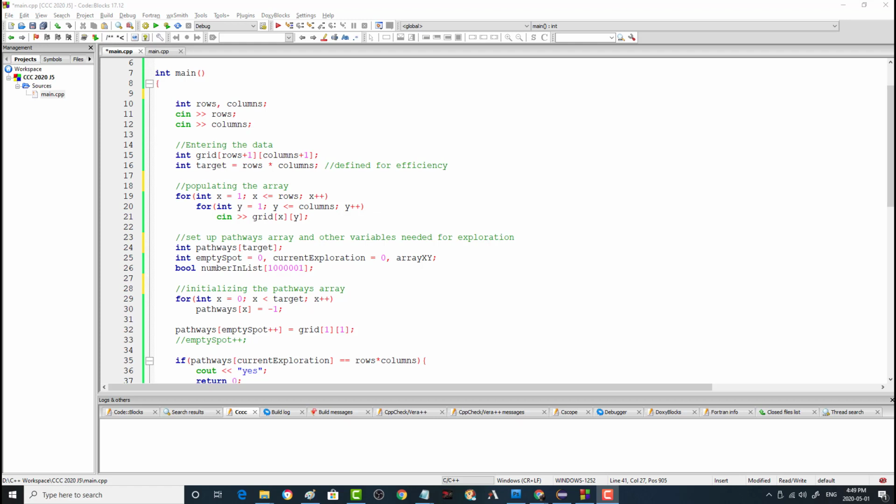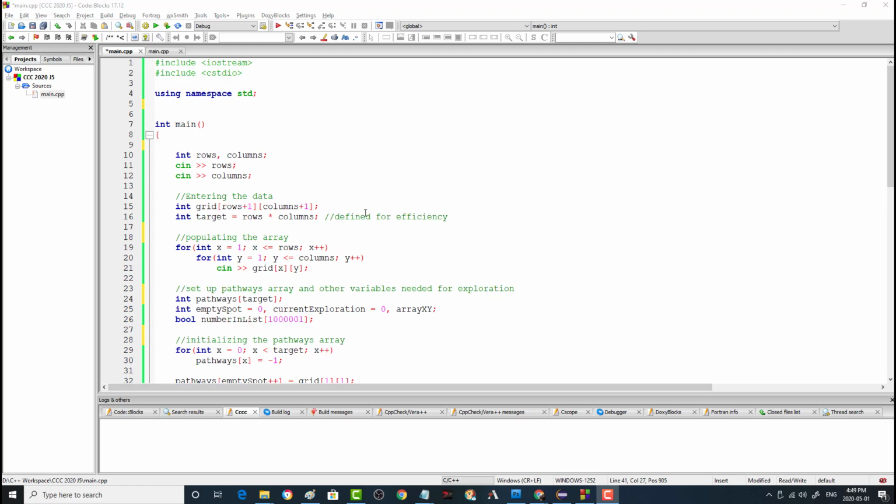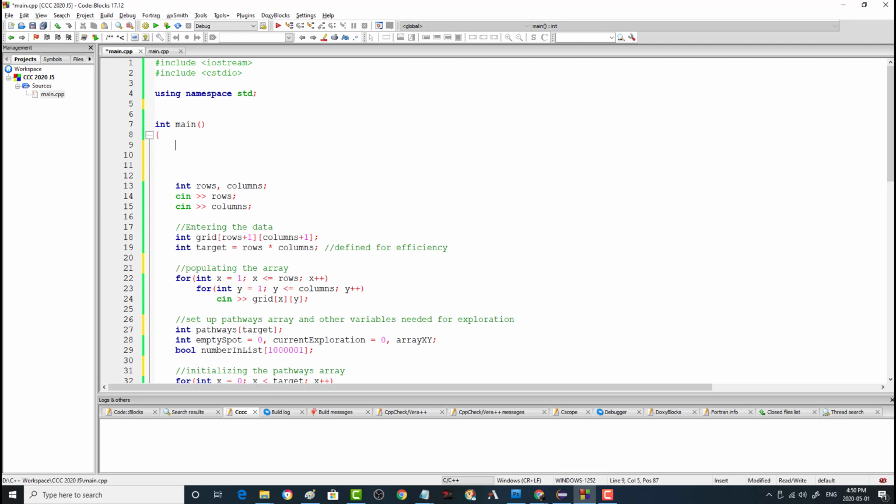So I'm going to go over a few of the conventions today, and I'm just going to use this sample code from a previous program that I've written. Just so you know, this is the University of Waterloo CCC Junior 5 problem, just because this is existing code that I already have. So, okay, now the first one, I'll just write them up here, is to